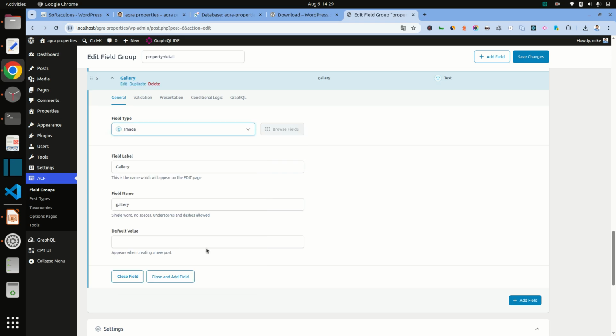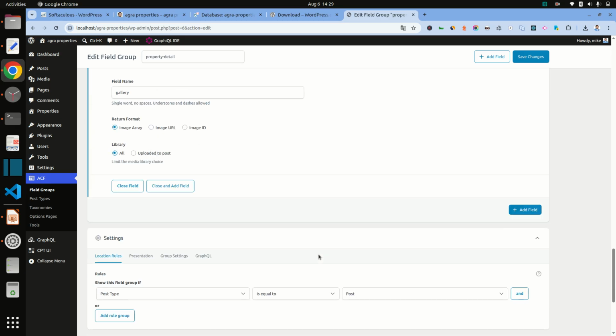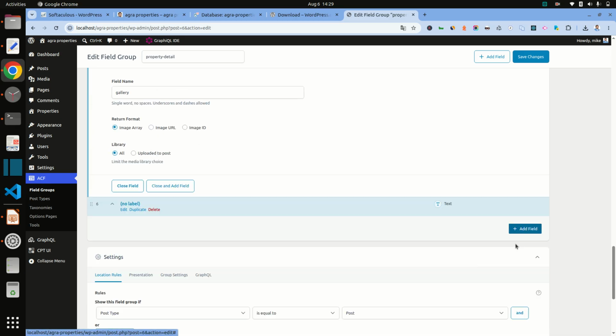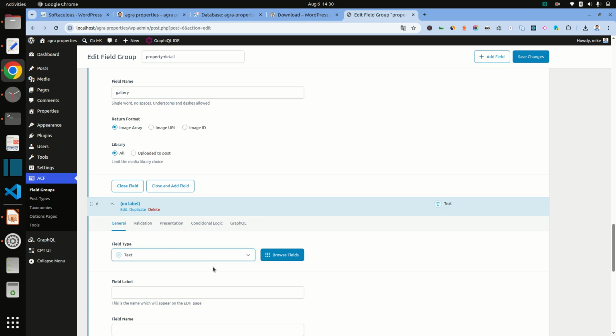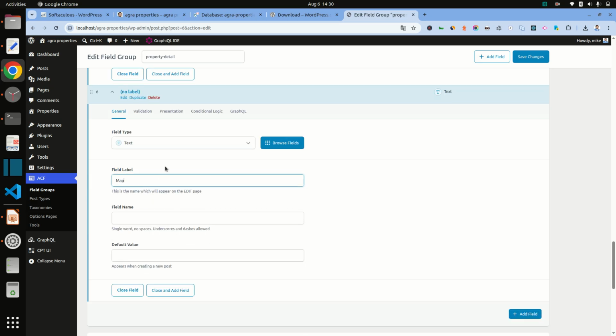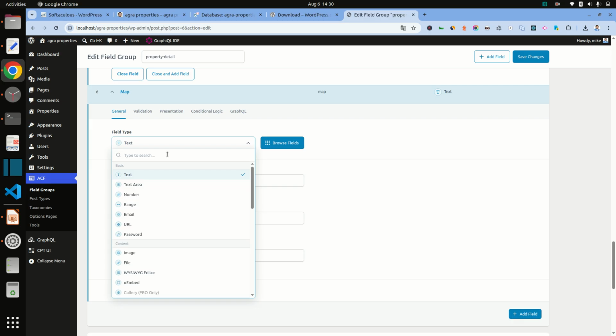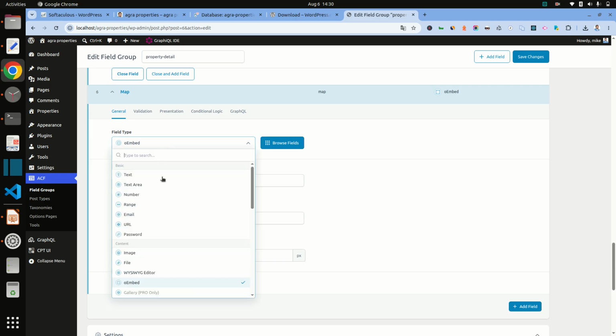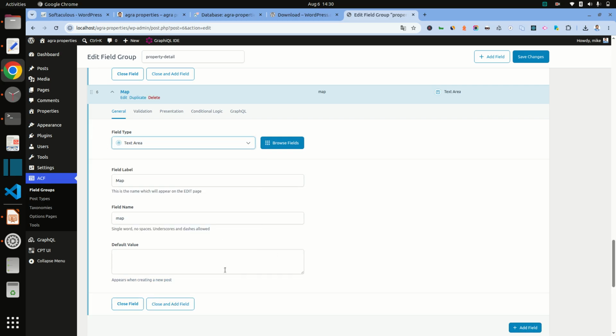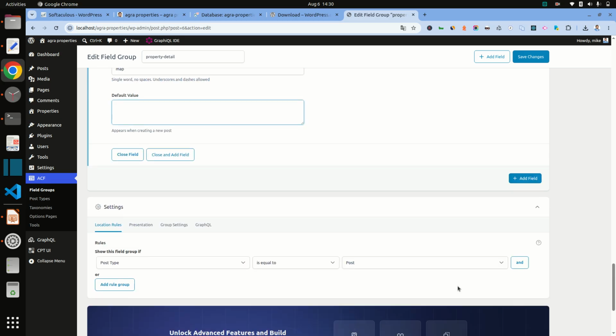So I am selecting image here, and for the next field, map location. Here I am using immediate. Okay, do not require immediate. I use text area so that we can just directly use that.